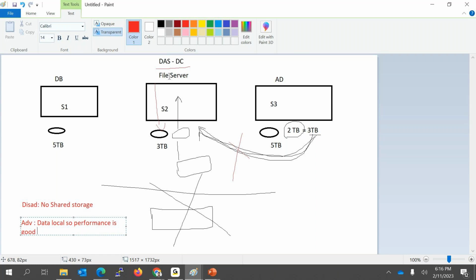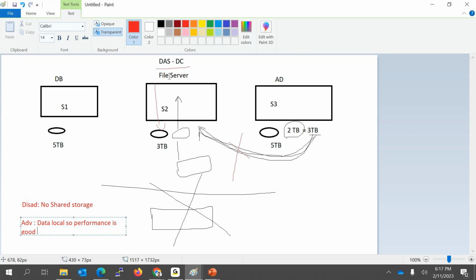Your hard disk is connected directly to the motherboard, so you can access your data very fast. But consider, if you have some data on the internet, or maybe on a different server and you are trying to access it, it depends on your network. Correct. If the network is slow, or if the internet is down, you will not be able to access it. If bandwidth suddenly goes down, you will have a performance issue. So there, the performance is measured on the network side, but here we don't have that question because it is already connected. Your performance is good because it is local. Read and write is local. So the advantage here is data local, so performance is good, but you cannot share the storage with other servers.